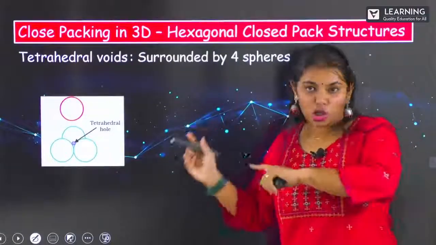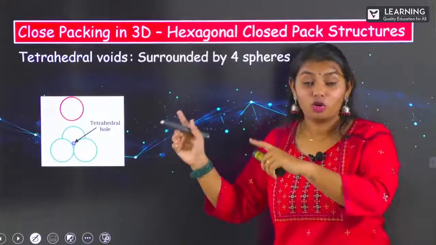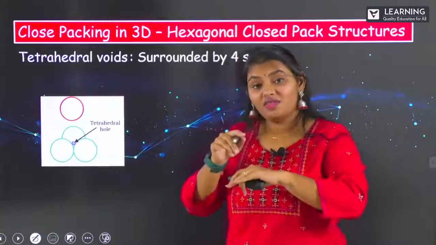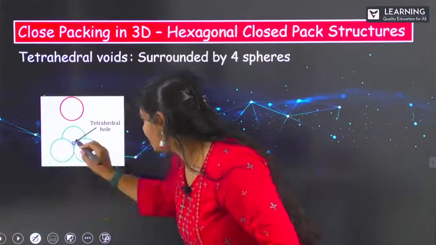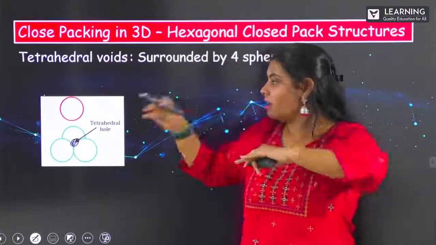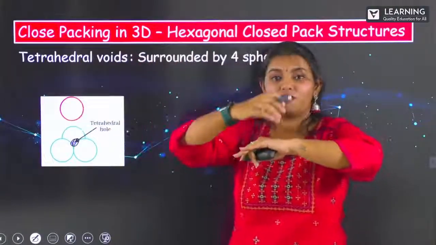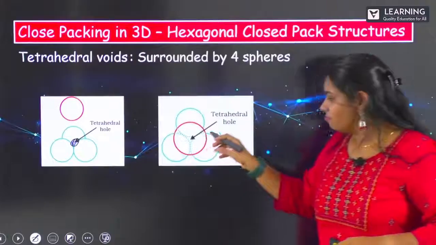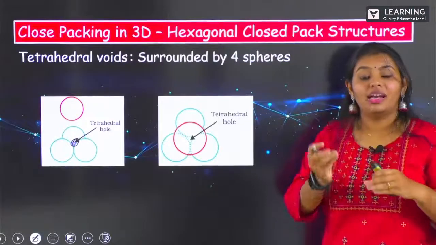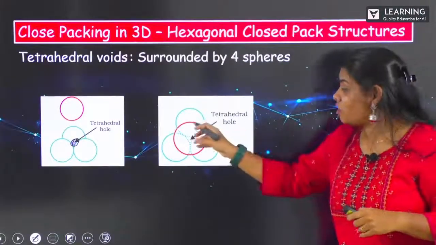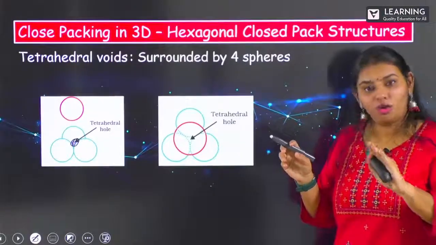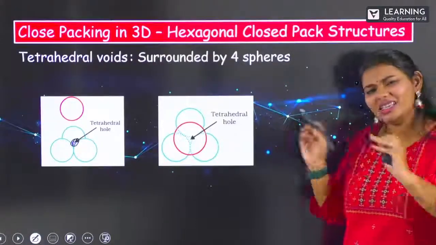Now we can see it. We saw the previous arrangement, right? How exactly in hexagonal close packing the arrangement is happening. Here there are 3 spheres, correct? So the 3 spheres has a small gap, vacant space between them. This is the vacant space. This vacant space is being covered by the another sphere. The sphere which is going to be placed from the second layer is going to be sitting in this part. Okay, when it is sitting over there, what exactly is the void which is formed over there? It is a tetrahedral void. The surrounding of the tetrahedral void is actually by 4 different spheres.